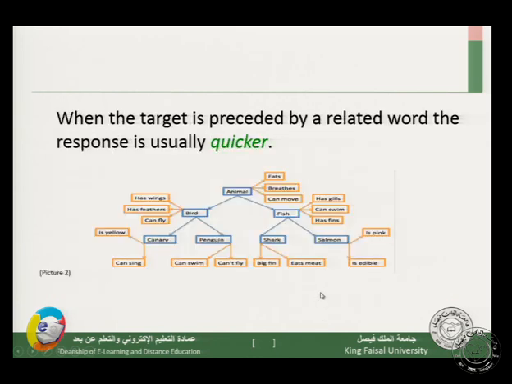Okay? It has been found that when the target is preceded by a related word, which is the prime, the response is usually quicker. So it is easy for us to remember or to recall words when we hear a related word right before it. Okay? So for example,